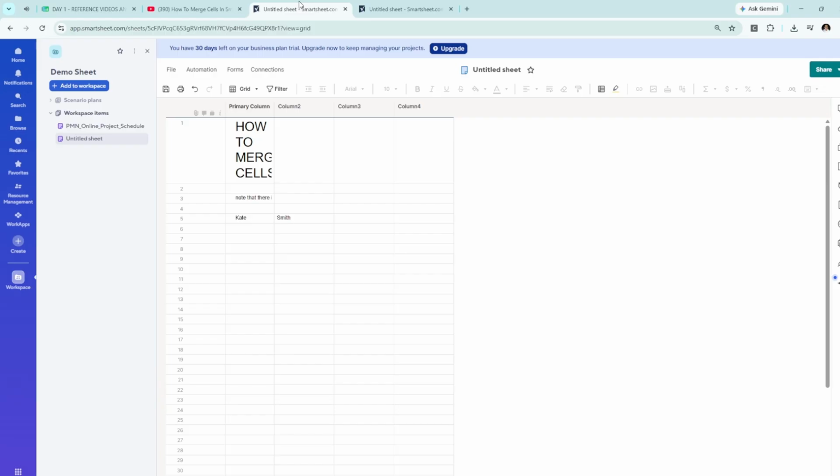By the end of this guide, you'll be able to tidy up your sheets and present your data in a cleaner, more readable manner, all without the need for a merge button. Let's get started by addressing the fundamental point. Smartsheet does not currently offer a direct merge feature. This might seem limiting, but there are effective workarounds that can give you almost the same result. Let me guide you through each of these methods step by step, so you can make the most of your